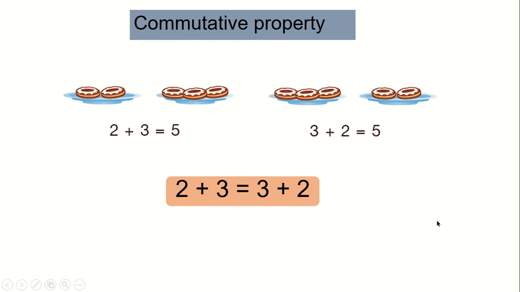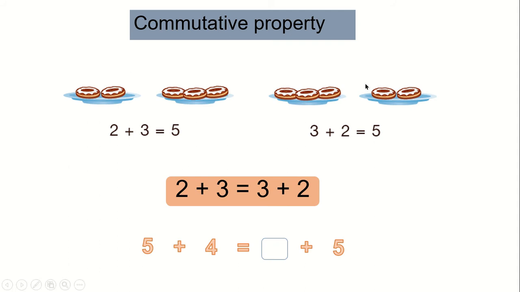Very good. Now, let us look at commutative property. Now, commutative property tells us that when we interchange the position of addends, the sum remains the same. Look, we have got 2 donuts and 3 donuts. Altogether, we have 5